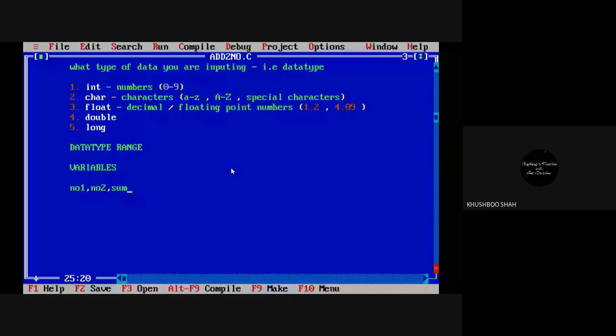Put the title variables. You can leave the space for the data type range. It will have a small chart.